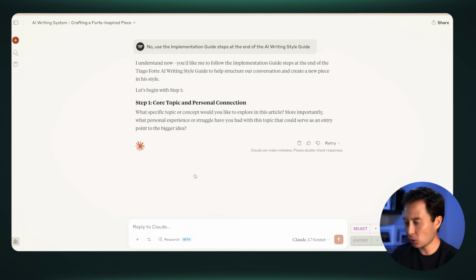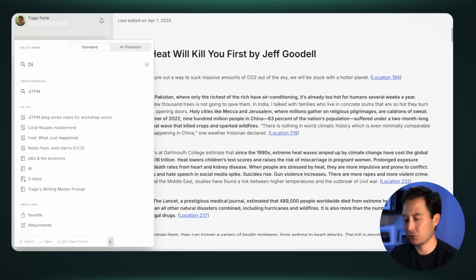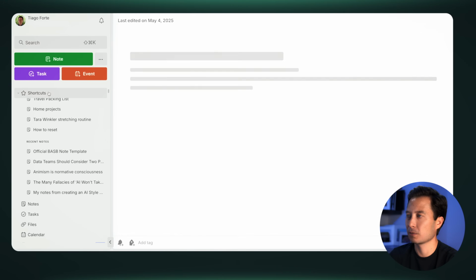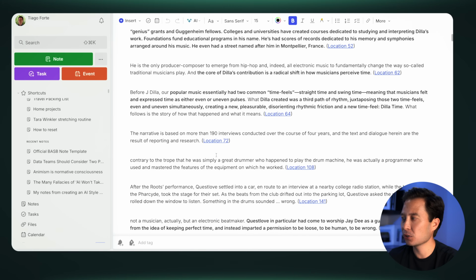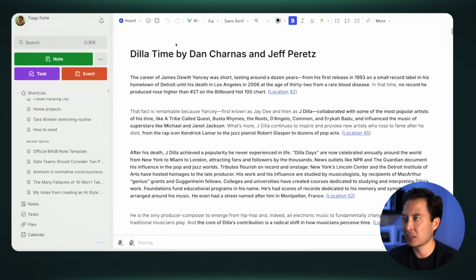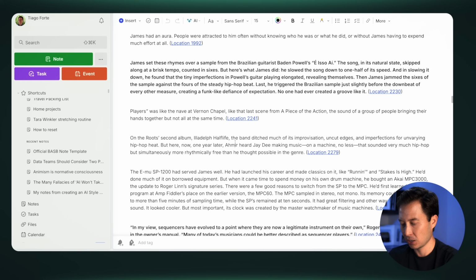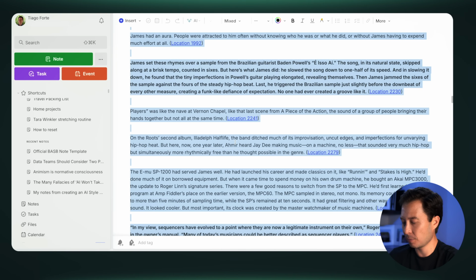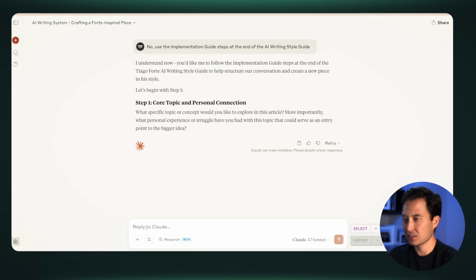So if we head back over to my notes, I'll just do a search for the book. You can see right here are the full excerpts from my reading from the book Dilla Time by Dan Charnas and Jeff Peretz. So I'll hit select all, Command A, copy, Command C, head back over to Claude and say,